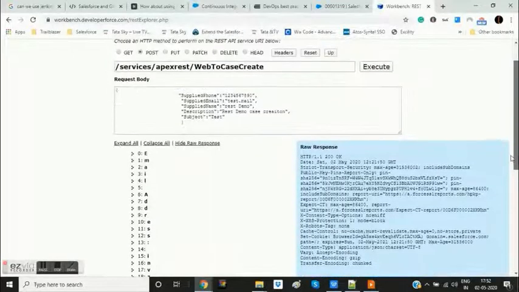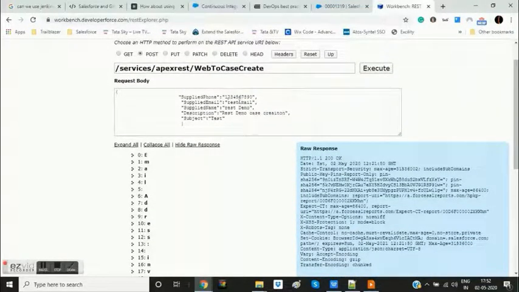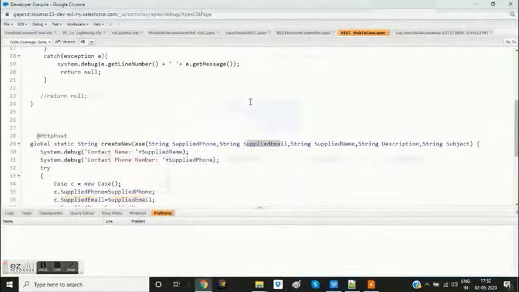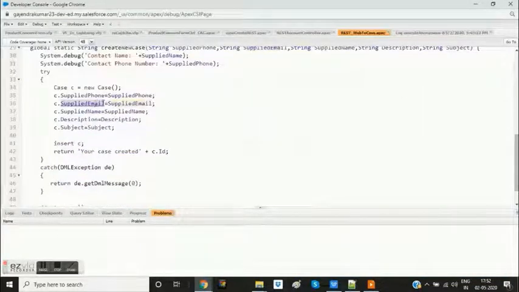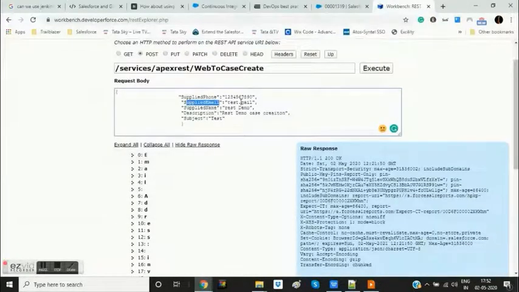This is the email address, invalid email address, test.mail. Okay, so this is the error which we encountered while creating the record. Now let us verify the data. Okay, it is test.mail. SuppliedEmail was a field, value provided as test.mail. The error was returned because this is an email field where I was putting this value, and the email field has a pre-provided validation from Salesforce, and the email is not in proper format, so I have to correct it.